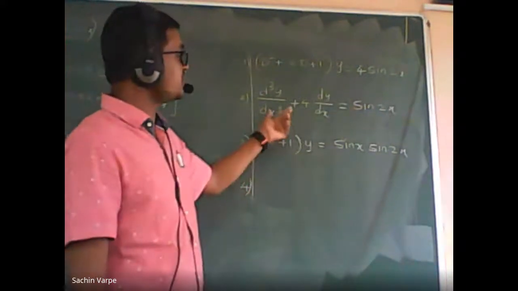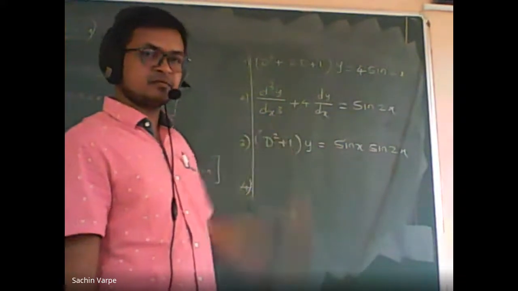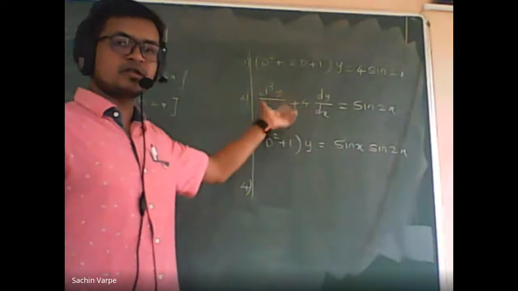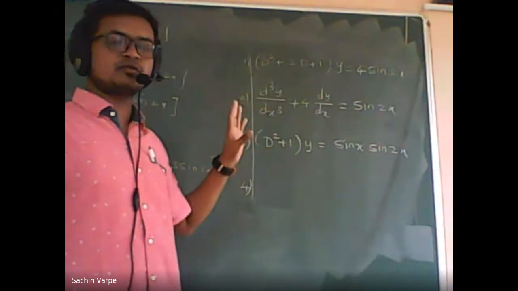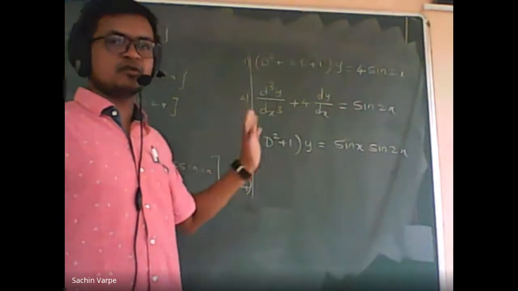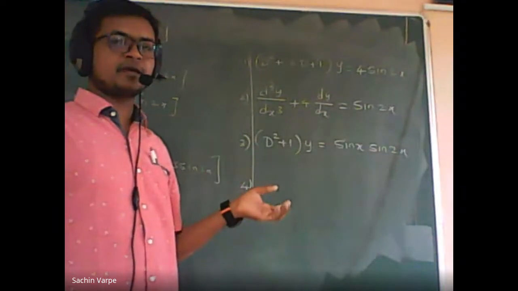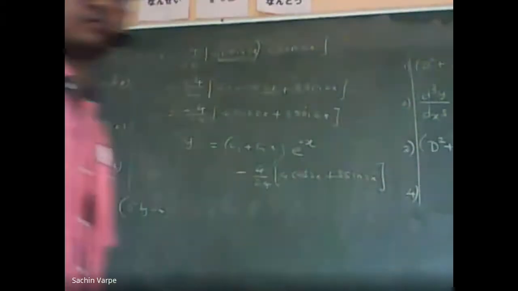So what is the complementary function? Here the roots are, what are the roots here? Complex roots, but not all complex, because as the order is 3, third order, one of the roots must be real. In fact, all the roots cannot be complex, because complex roots always come in pairs. And to get the roots, 1 is 0. So 0 and plus minus 2i are the roots, I think.